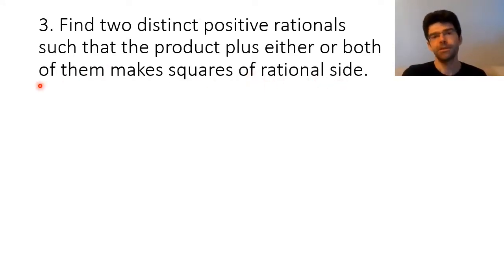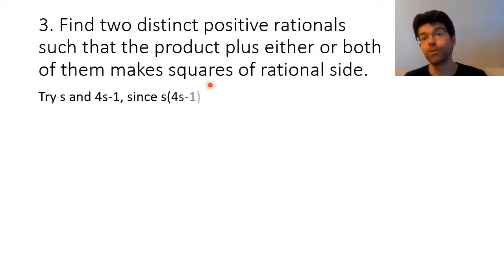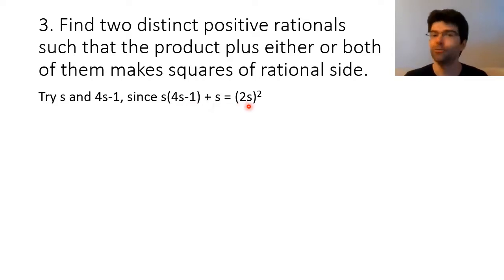What Diophantus does first here is the sort of thing we looked at in video 5. Just sort out one of the squares in a simple way and then try and focus on everything else in the problem. So he sets one unknown to s and the other to be 4s minus 1, because the product of that plus s is 4s squared, and we know that 4s squared is going to be a square whenever s is a rational number. So it's going to be the square of a rational number whenever s is rational.